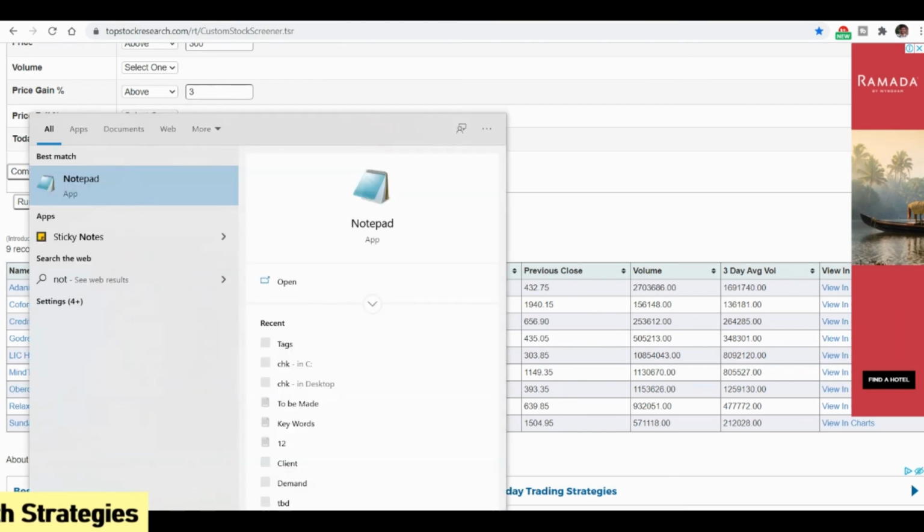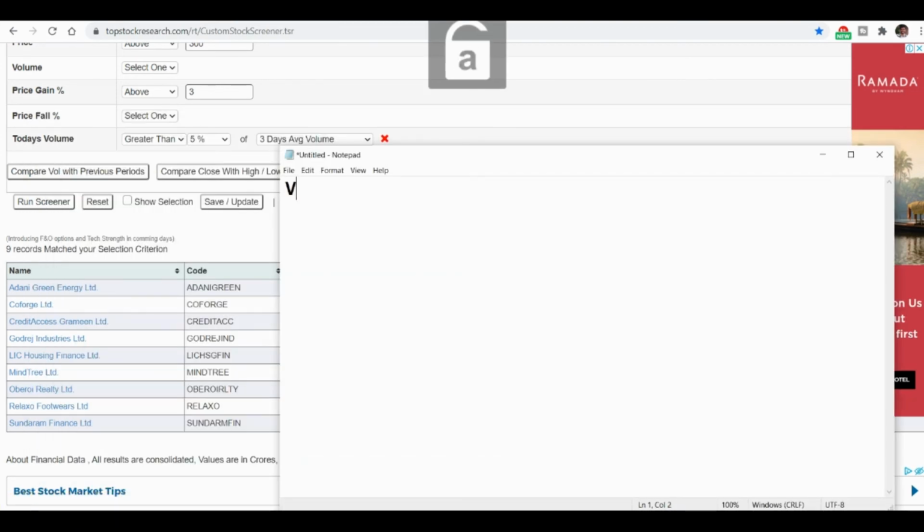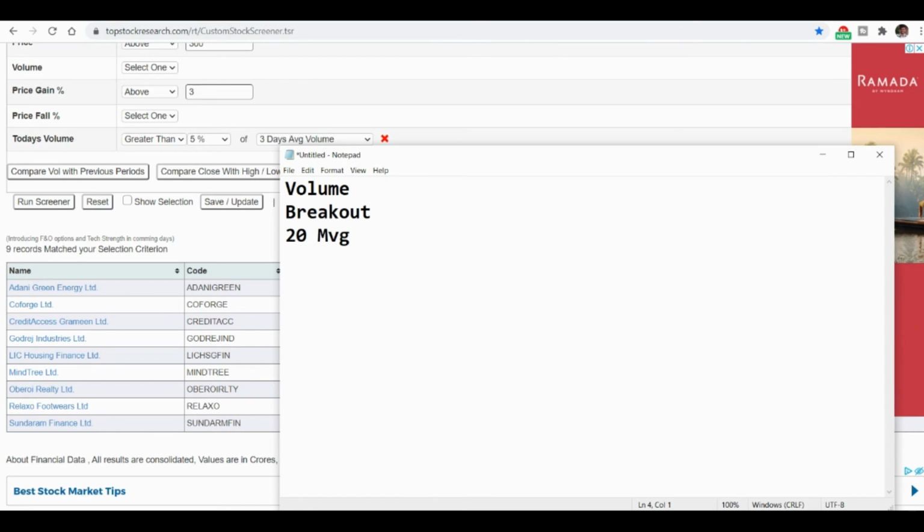Check whether the volume increases or decreases, then see whether a breakout happened, then keep the 20 moving average, and use a strict stop loss. Else you can buy a put or call based on how much it increases. So this is how you need to use these strategies and devise the buy and sell and identify the potential price rise in a stock prior to it happening.